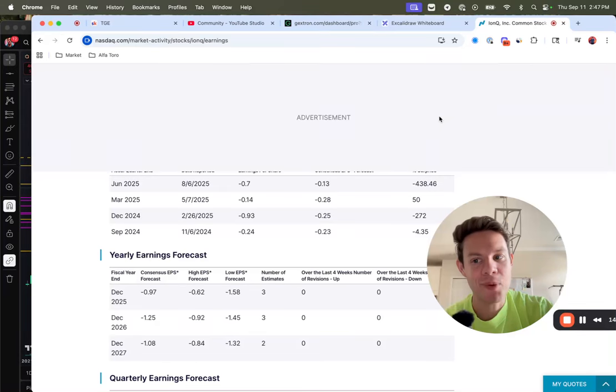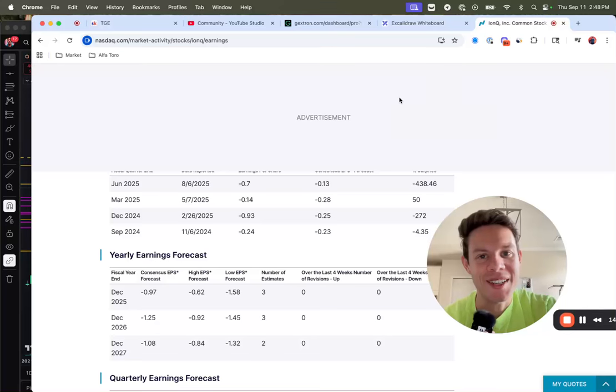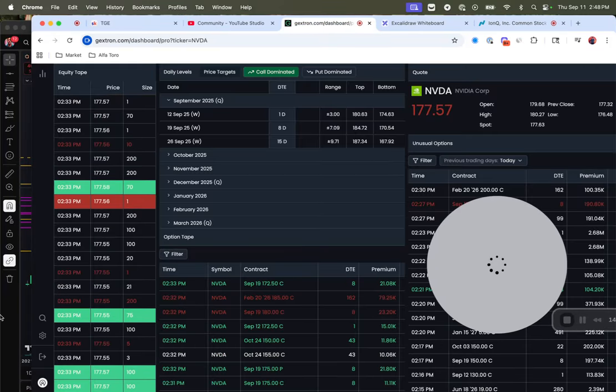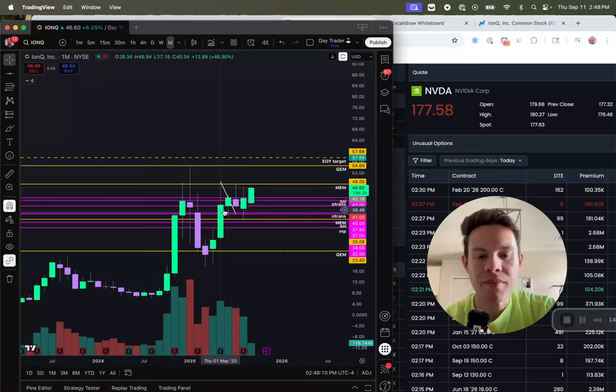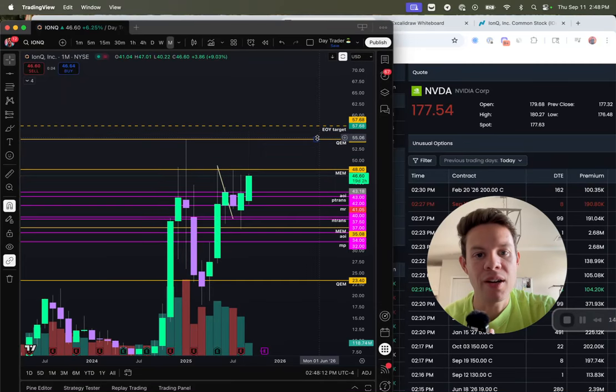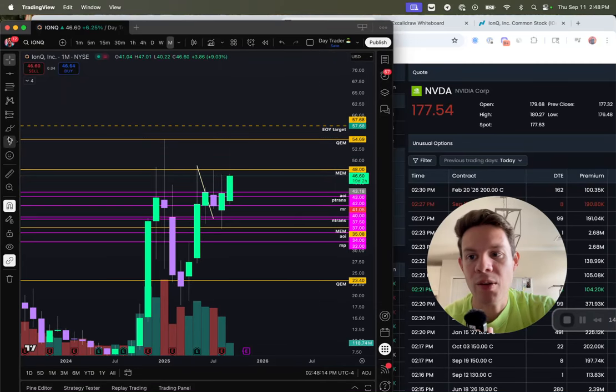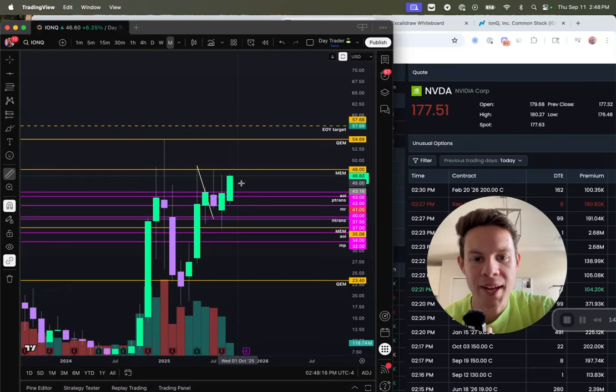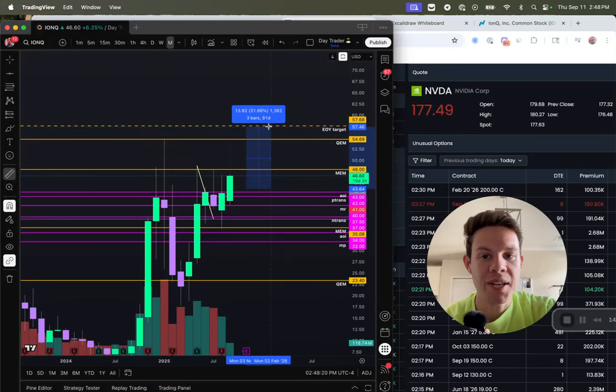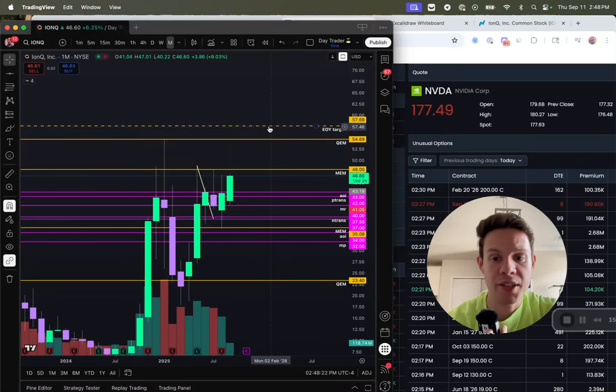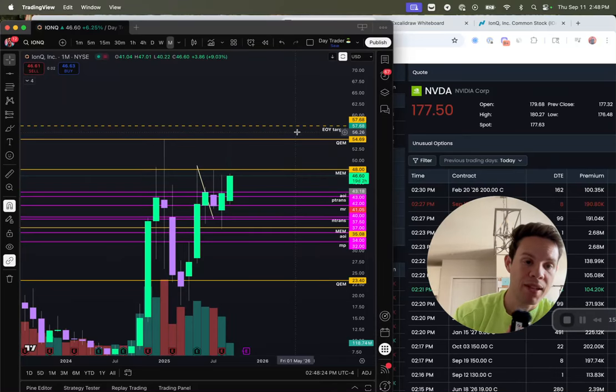If we just take a look at IonQ, I have a price target here of $57. We got in around 43, I believe, so we're just a little bit above. It's about a 30% upside move, but I plan on holding on to this for a long time. And I also have 2027 LEAPS. This is a long-term play, again another 6 to 12 months, especially since the LEAPS are about a year and a half out. Those are the trades, three small caps.